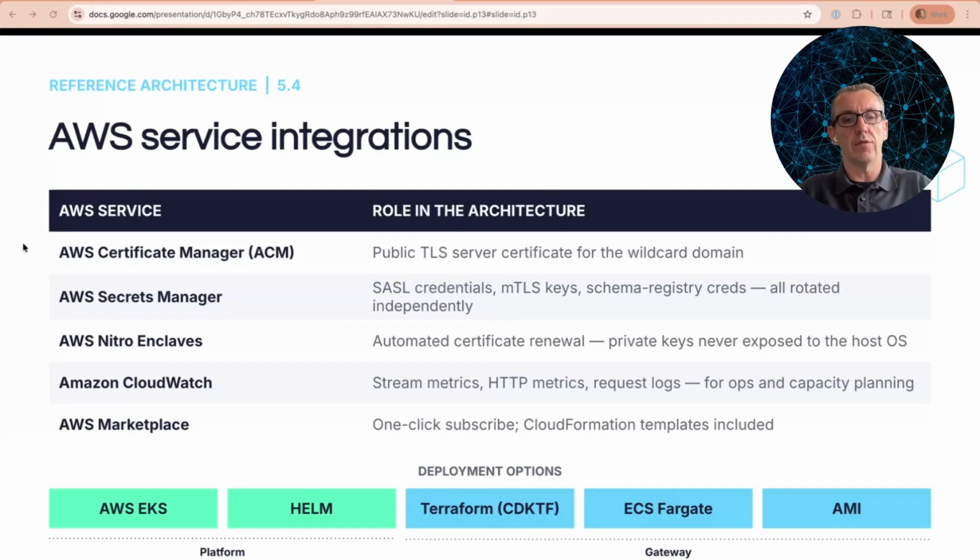Nitro Enclaves is a way to run trusted code in your AWS execution environment, let's say in EC2, for example. Whenever we use the integration with ACM for that, the private keys are accessible indirectly through the Nitro Enclave. So we never actually see the private key.